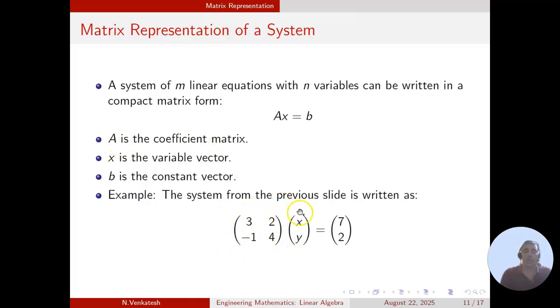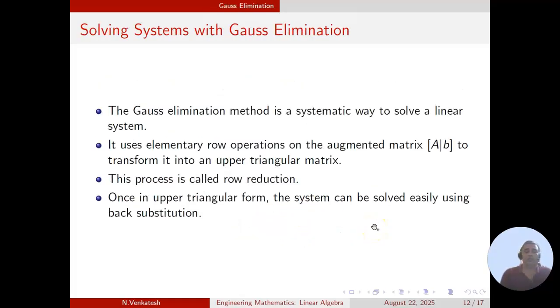That can be multiplied with the variables x, y written as a column vector, and the constant vector on the right hand side is again a column matrix. Now you can see that x, y can be calculated by taking this coefficient matrix to the right hand side, that is nothing but A inverse. So we can calculate it by calculating A inverse,